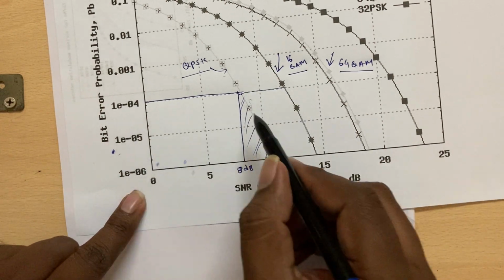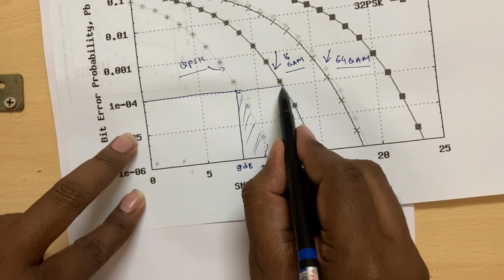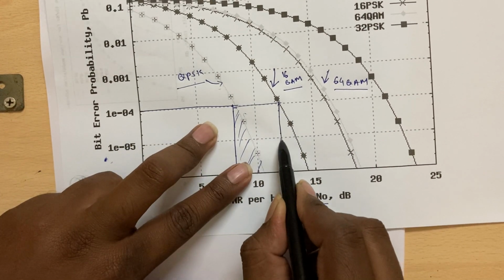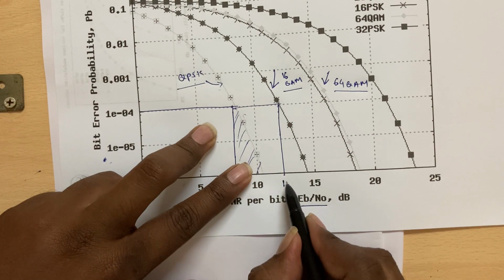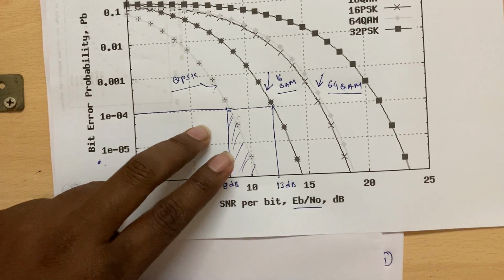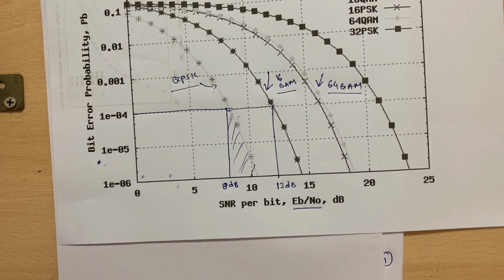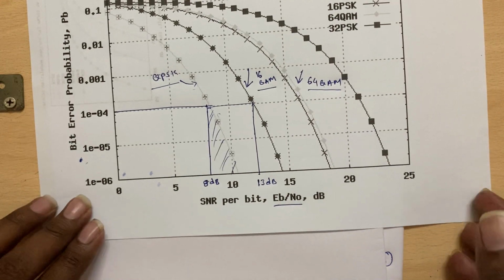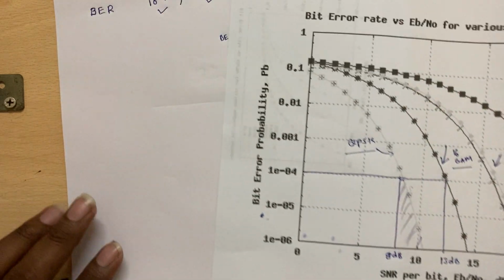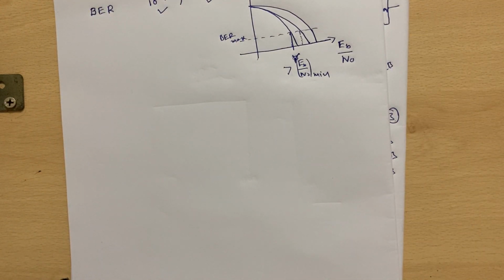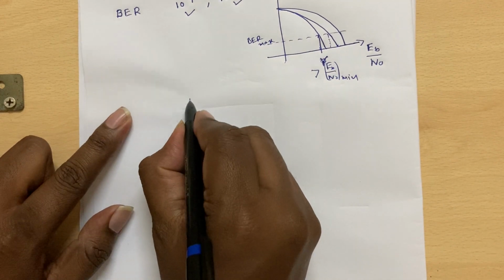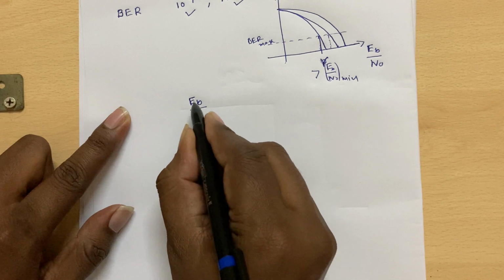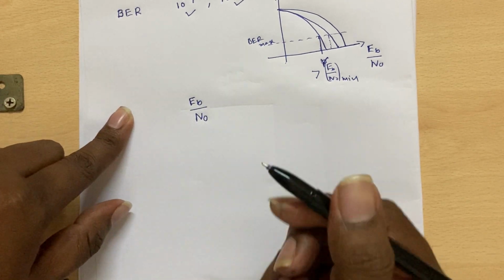For example, for QPSK we got 8 dB say, and for 16 QAM, you need actually maybe 13 dB. So like that you will have a minimum Eb by N naught requirement. So from there you will find actually the minimum power requirement. So if it is given that this is the minimum Eb by N naught that must be maintained, Eb means the bit energy divided by the noise spectral density.